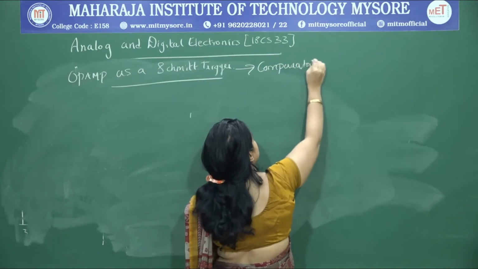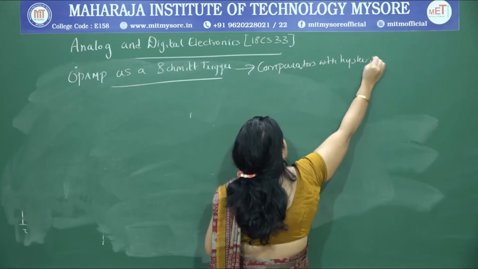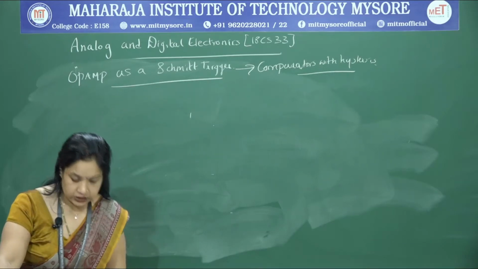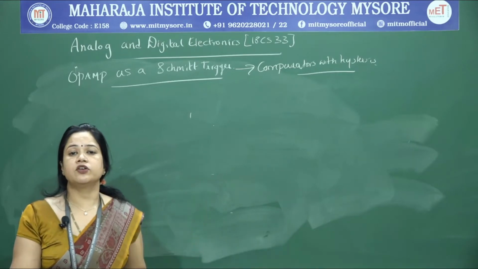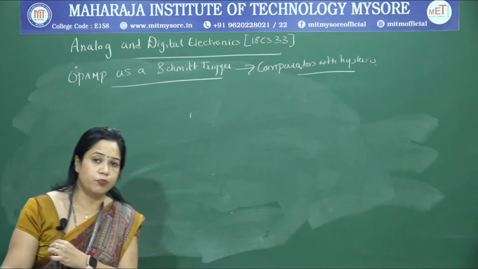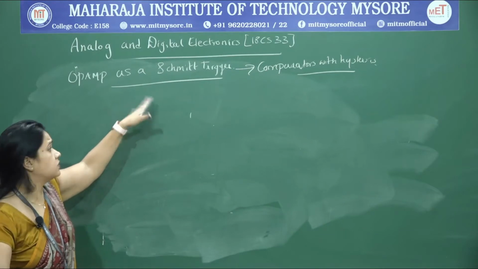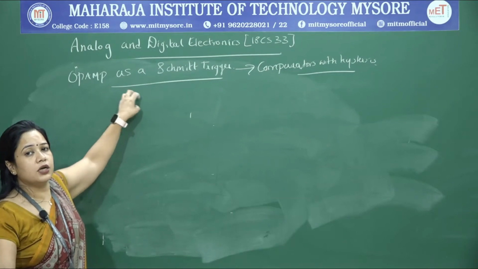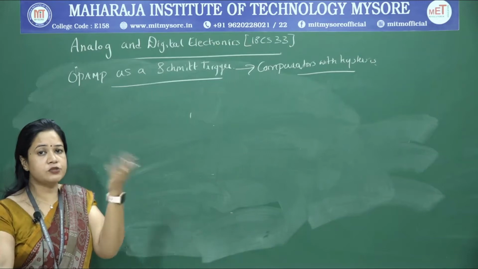I can call Schmitt triggers comparators with hysteresis. So they are basically comparators wherein you see the phenomenon of hysteresis, which eliminates the effect of noise on the output signal and thereby avoids unwanted transitions at the output. And you can also call Schmitt triggers wave shaping circuits. So these are the various applications. When I term out the different names of Schmitt trigger, I am referring to the different applications of Schmitt triggers.